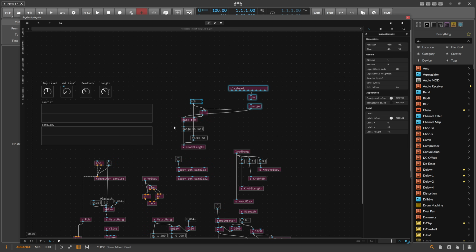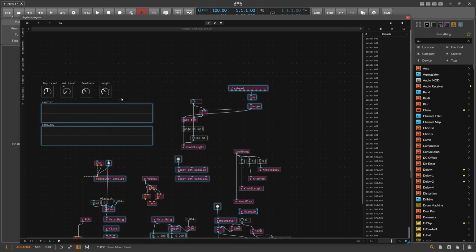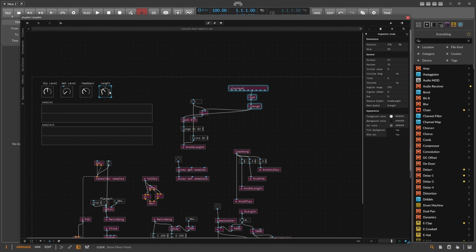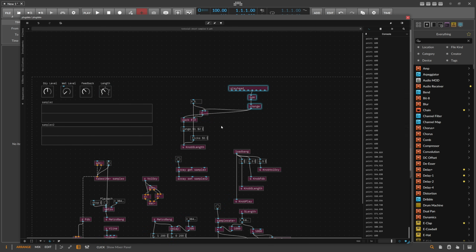And then after that, we want to receive what's coming from S length, and we don't want to send this to S length. We don't want to send this from here to here, right? We don't want to do that. We want to put a quantizer in between. So we send this here, instead of S length, we send this to maybe length. We receive this data here, and then we put this into a quantizer,